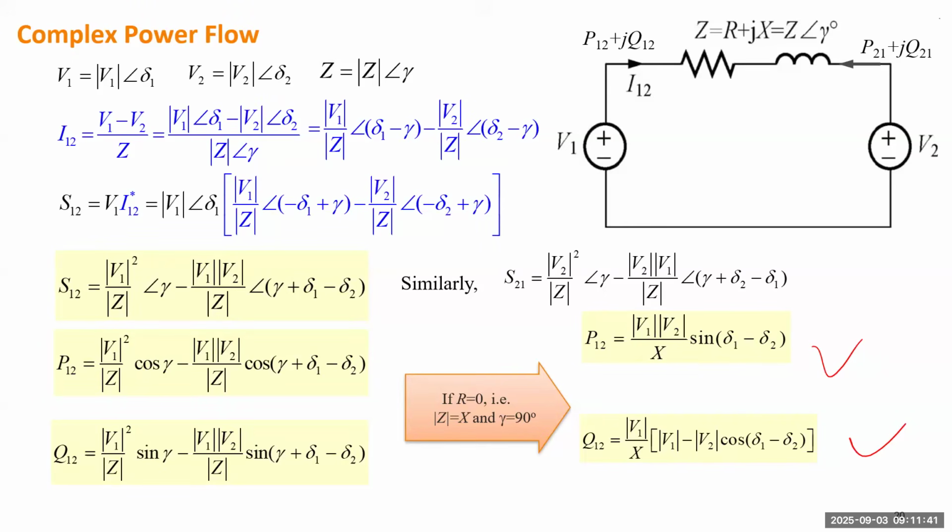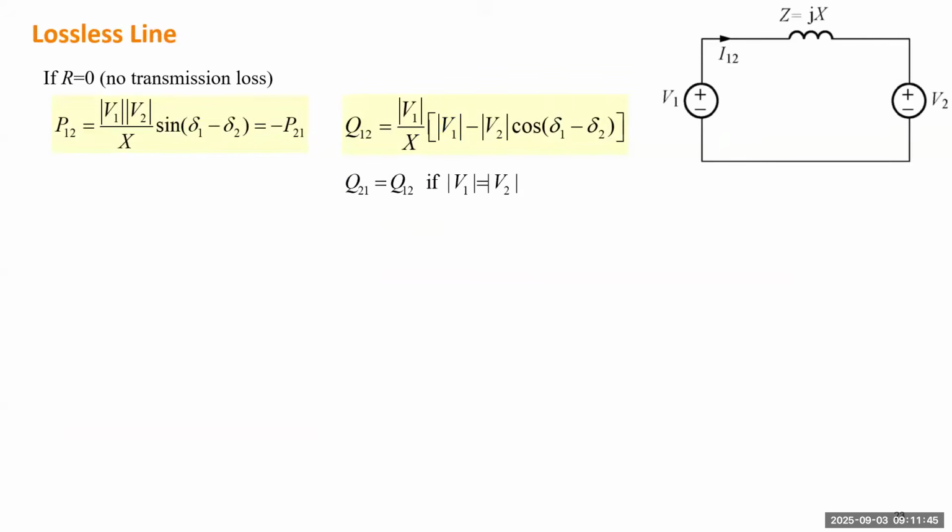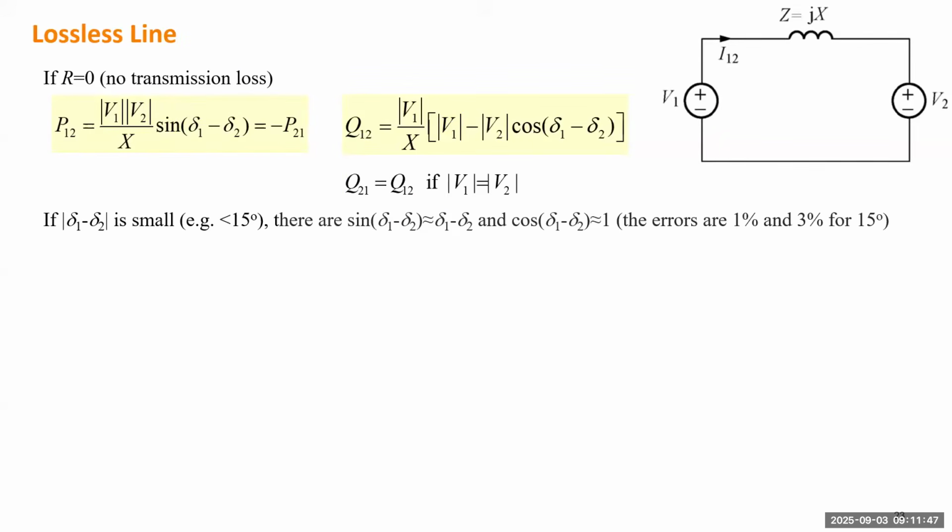So that's what we concluded using this simple case. Just to summarize, if we don't consider any loss, active power will be opposite between the two ends of the line, and reactive power could be the same, because reactive power will be coming to the middle if the voltages are very close.